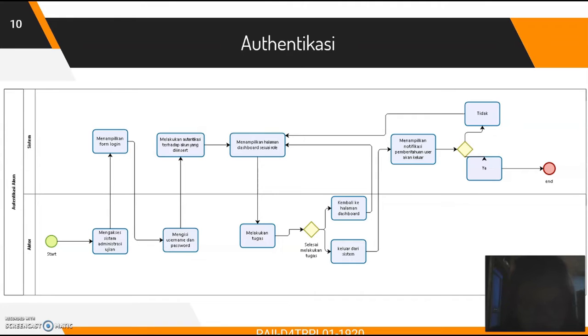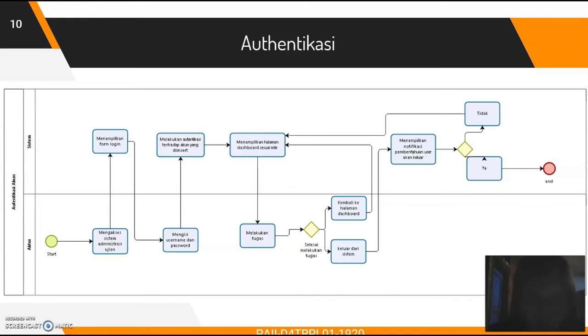The system will then display the login prompt. The actor inputs the data needed in the login prompt, which displays a text field in the form of a username and password and a sign in button. When the actor has clicked the sign in button, the system will authenticate the account data input by the actor. When an account is successfully logged in, the system will display the system dashboard page